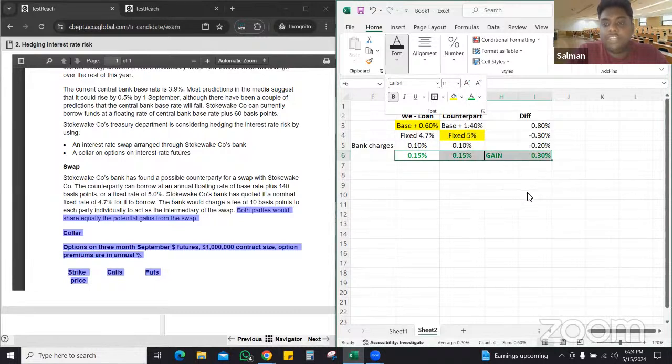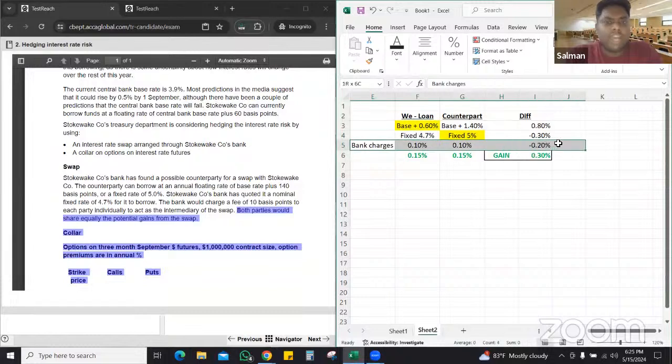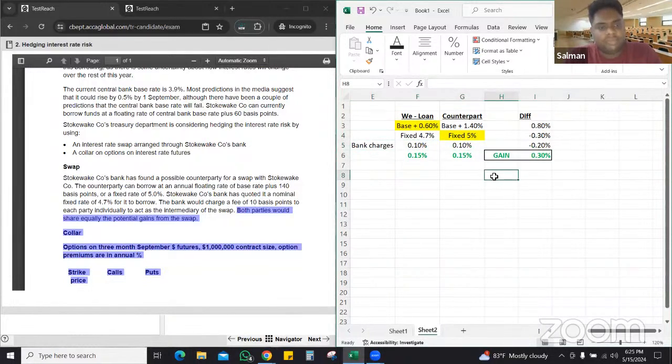So remember we discussed interest rate swaps in class. But the only difference in this question is in the class, there was nothing called bank charges. Here there are. Right. So let's look. So this is the gain. So if you want to really understand how things work,